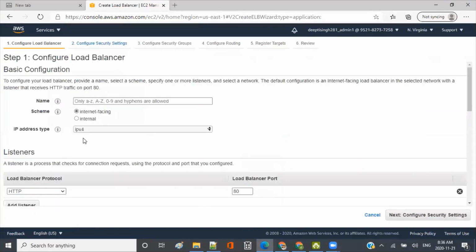So create it, and we'll call it test ALB1. Like I said, when you use load balancers, you can use an internet-facing one where your request comes directly to the load balancer and then it forwards it further. You can also use an internal load balancer.